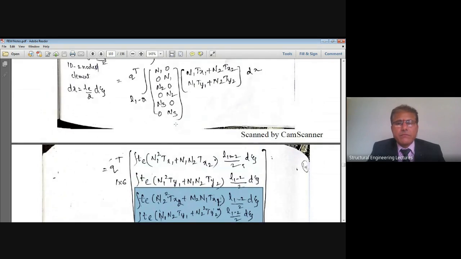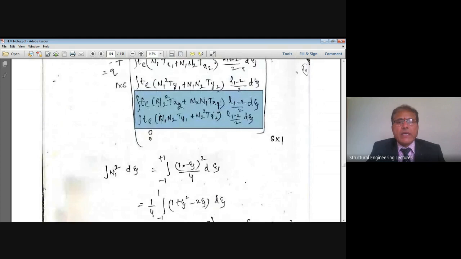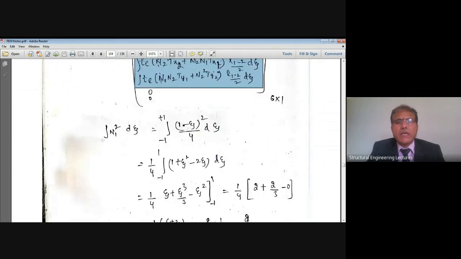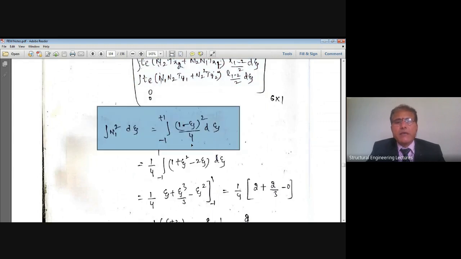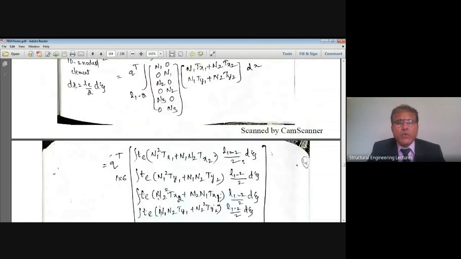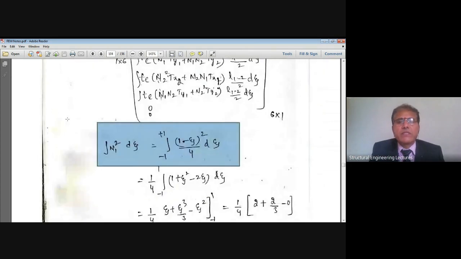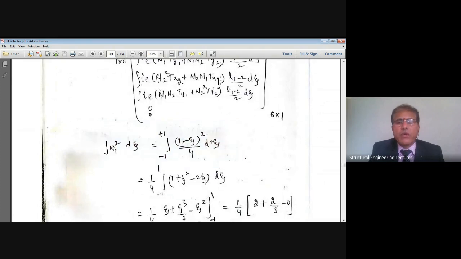Now, next. Now I'll take what is that here in integration, n1 square is there. Therefore, let us see what is the n1 square multiplied by dxi. This is for 1D 2 node because the load is acting on one line. One line means I've just taken out that one line on which the traction force is acting. Therefore, this is how 1D 2 node element, n1 square. We already know that what is n1. N1 is nothing but 1 minus xi by 2 whole square means 1 minus xi whole square divided by 4